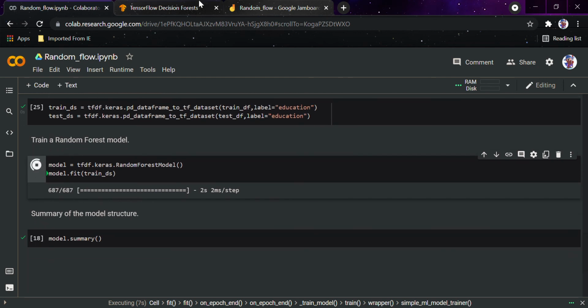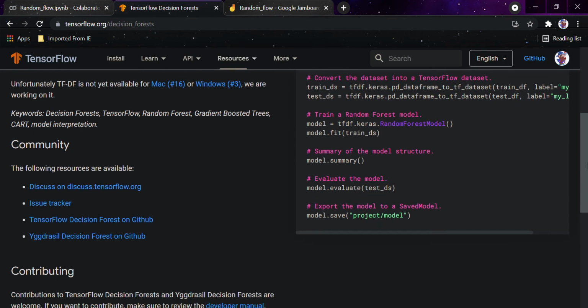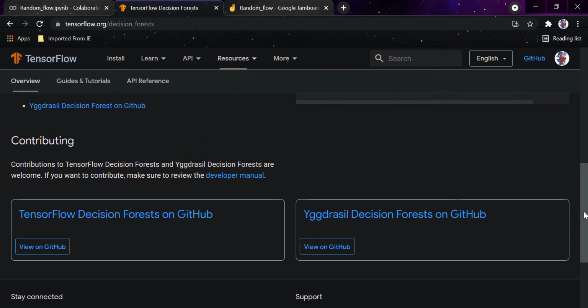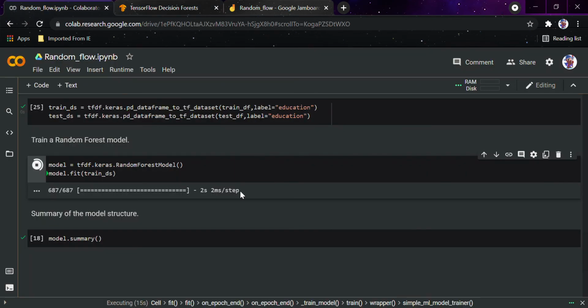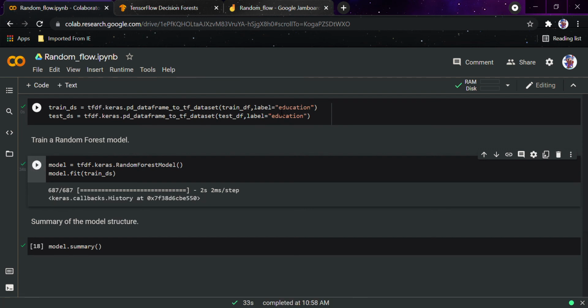You can go to the documentation and read more about it, how you can contribute to it, and the decision forest on GitHub. While this whole process is going on, I would also like to tell you that in this we won't be doing any evaluation, but we would be looking at the summary and getting to know how it's working. You can see that train_ds is equal to tfds.keras, in which the label I have taken as education.